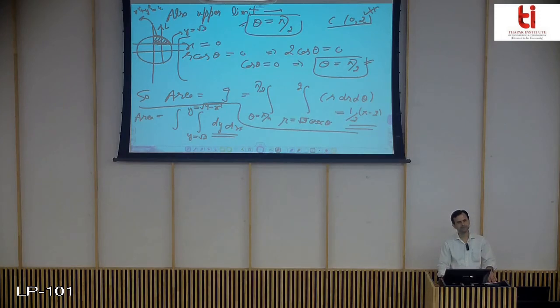Y is positive because it is above the x-axis, so we take y positive. And the values of x, this is 0, 0, and this is your circle of radius 2, so this is under root 2, 0. Sorry, under root 2. This was a circle, yes, it is your under root 2.